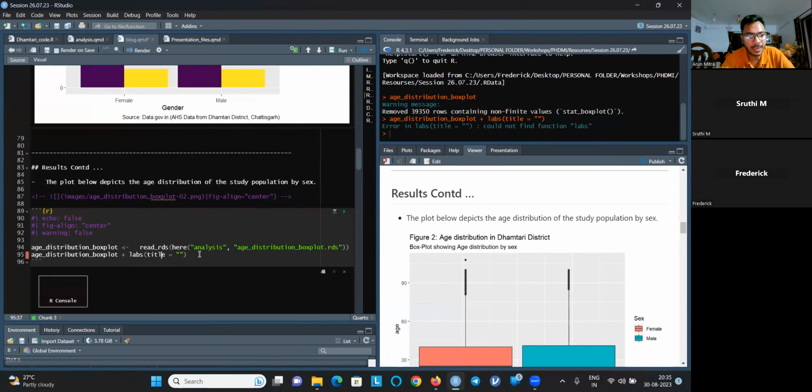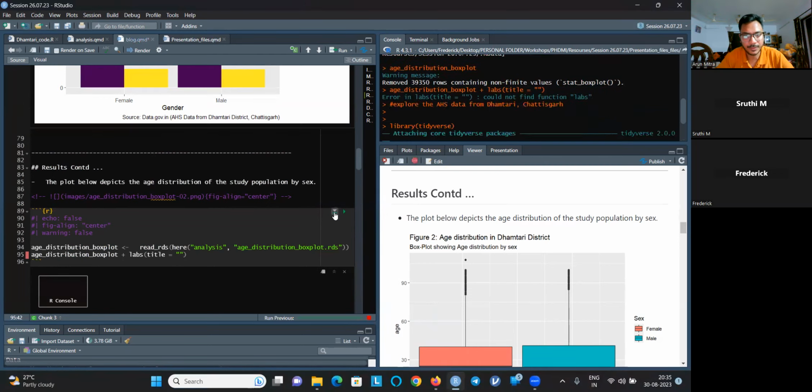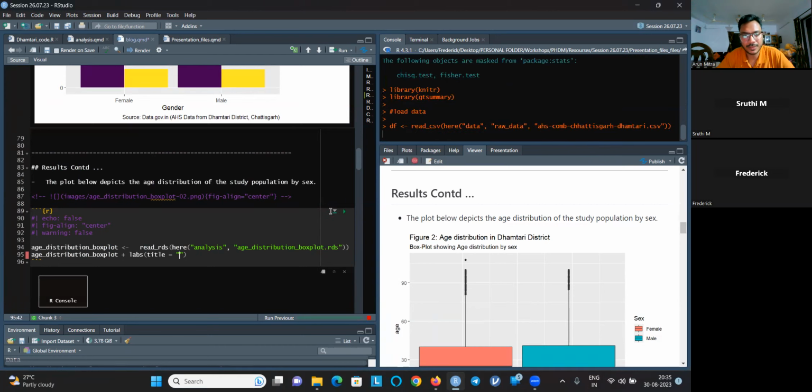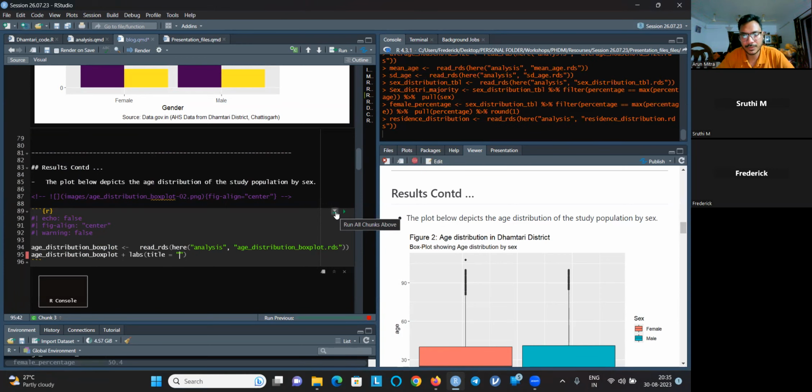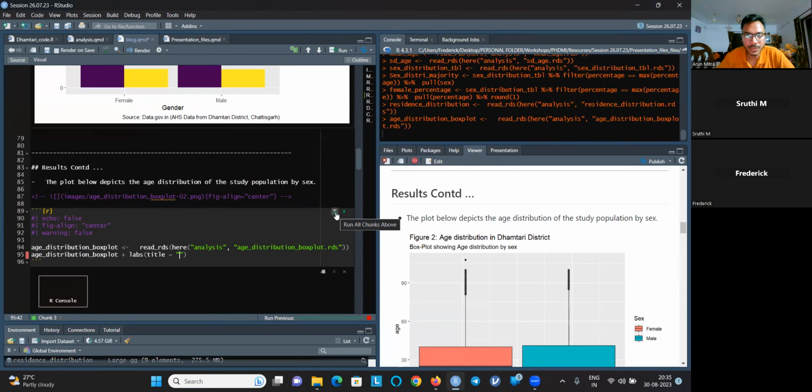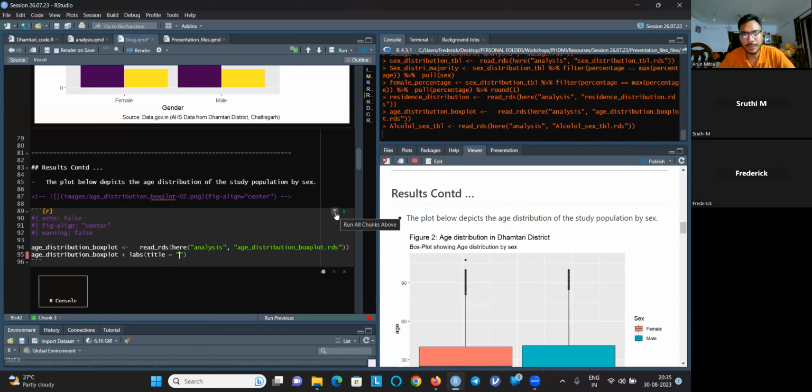Okay. In line 89, at the top, in the farthermost right side, there is one play button. No, don't press that play button. Beside that, yeah, press that. It will run the library. So why don't you hover on that? What is it saying? Run all chunks above. So what will it do? Whatever chunks are above, it all will be run, including the library. Now you will be able to